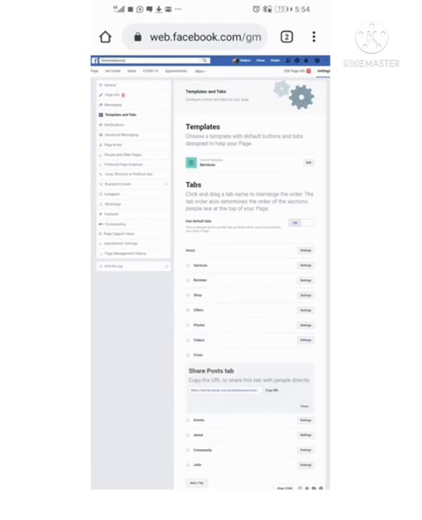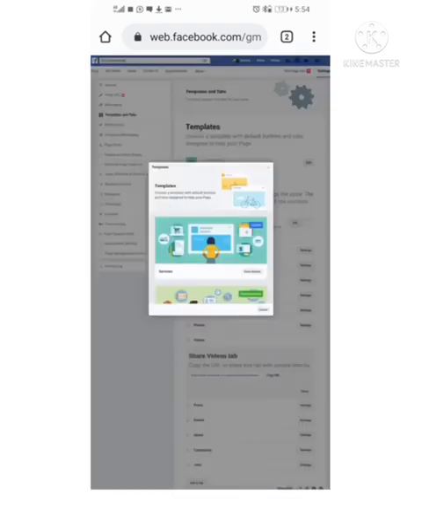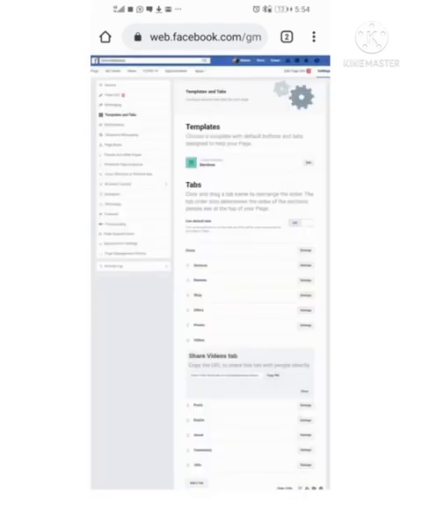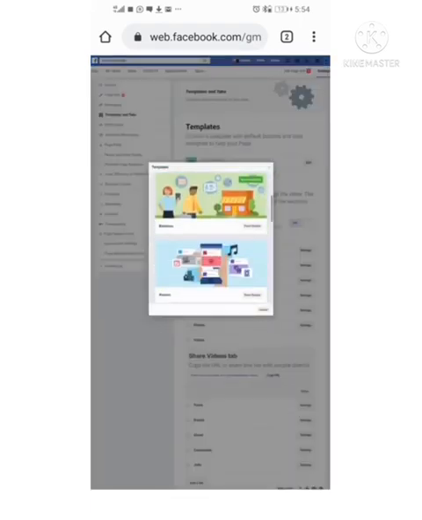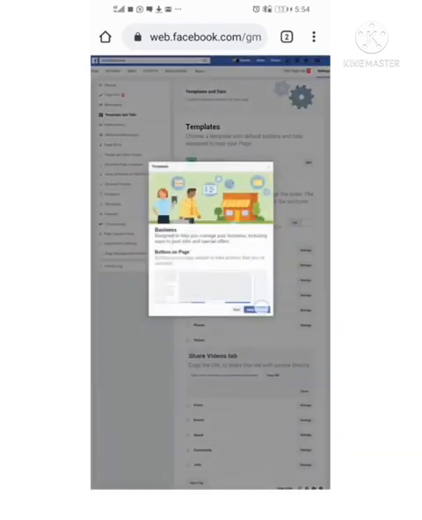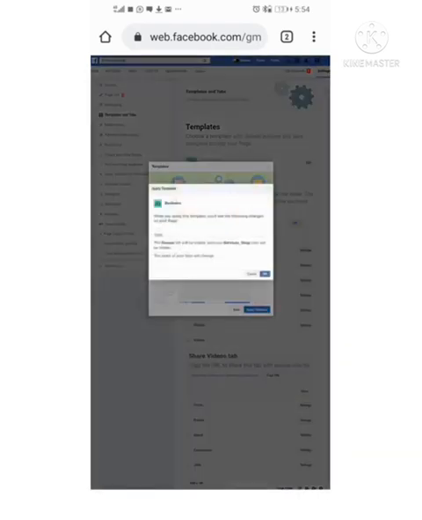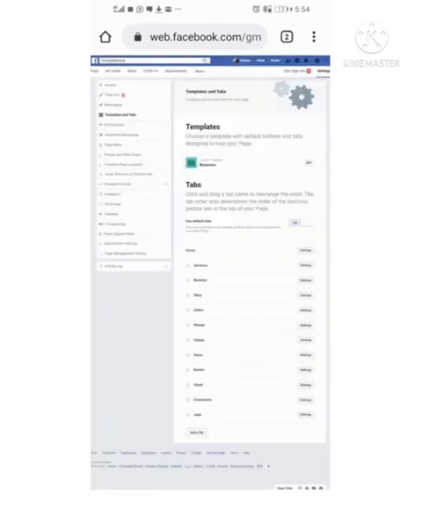Okay, let's go to settings. You understand? Okay, let's do it this way. Edit. Okay, this is the template it's using currently. You can change the template, you can use business. Okay, let me try business. Now for business, you can see the order has changed a bit, but one thing I like doing sometimes is,